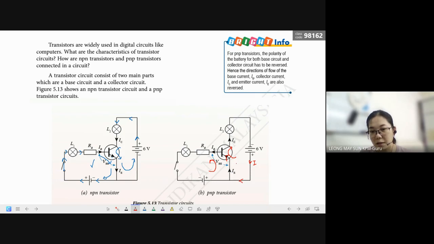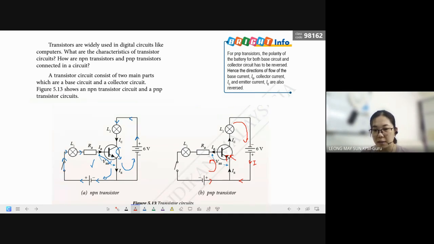When it comes here, it moves upwards towards the collector and then back to the negative terminal. All right, so this side at the collector circuit, the arrow is in the same direction as the transistor. Okay, then after that, at the base circuit, current flows from the positive terminal, which is the longer line, passing